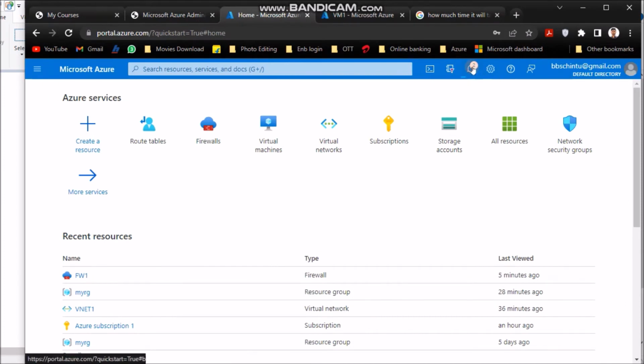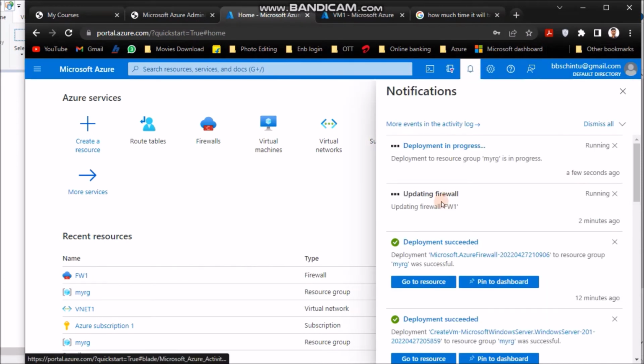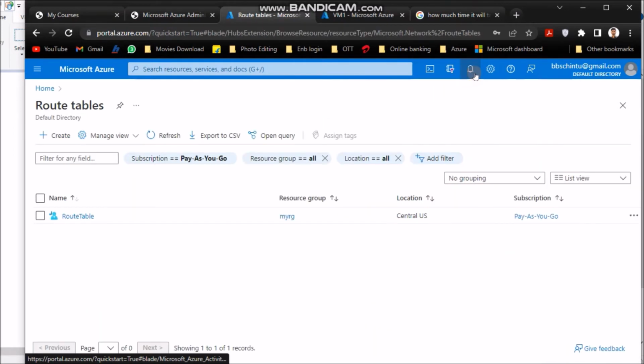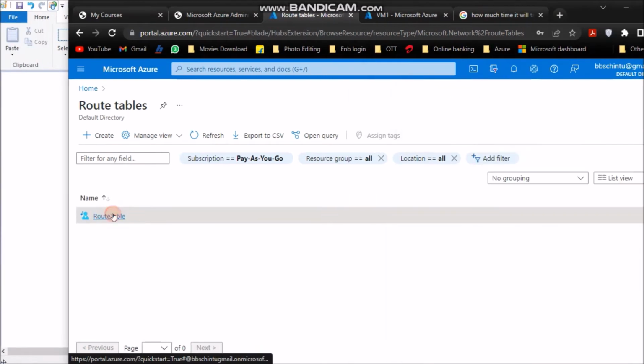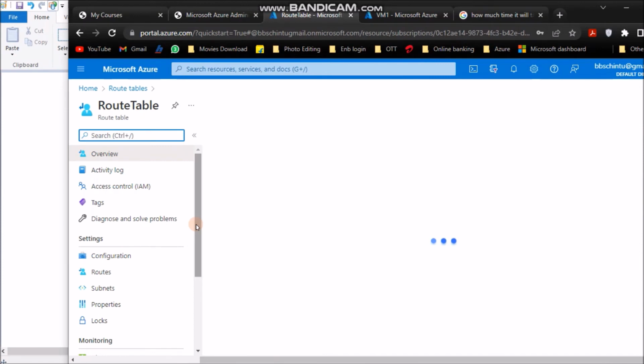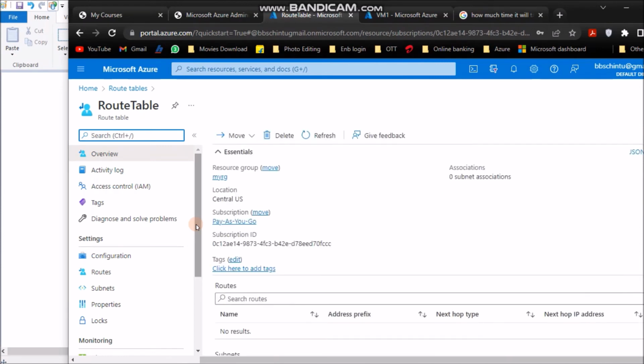We'll wait for some time, and when it creates the firewall rule and the route table, then we'll be back. Yeah, so our deployment succeeded now. Firewall rules have been updated, and the route table also created. I'll go to the route table, and inside that route table